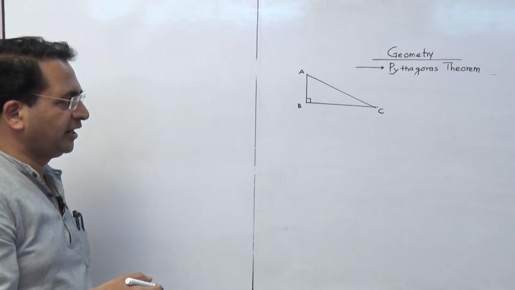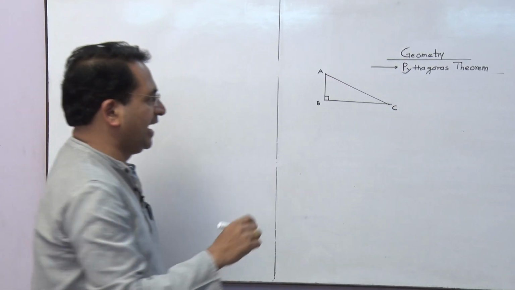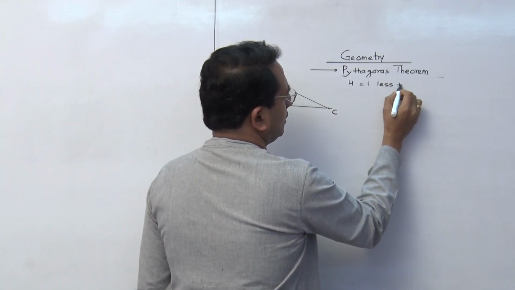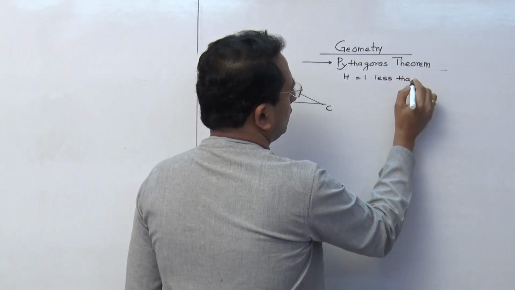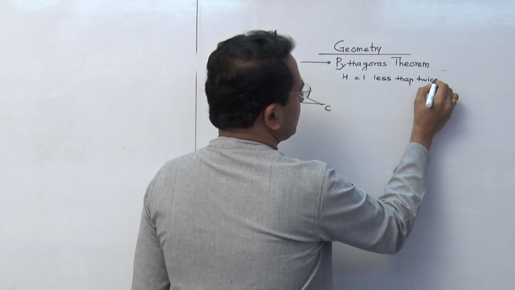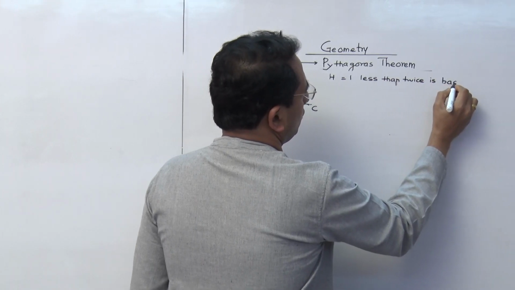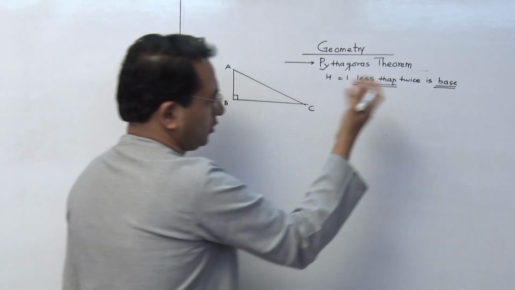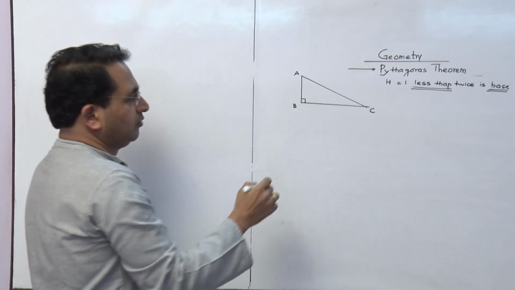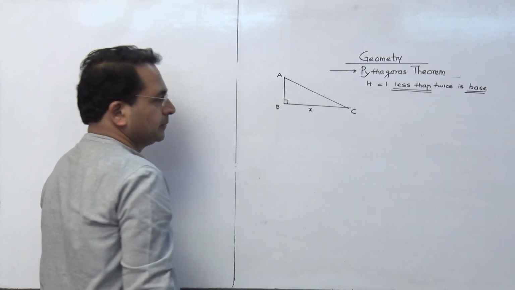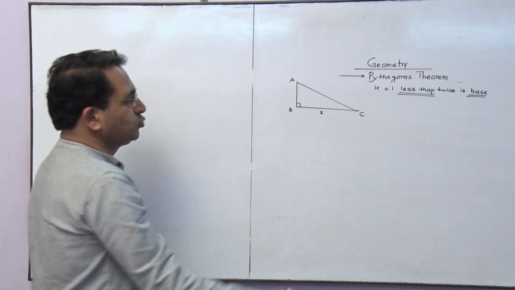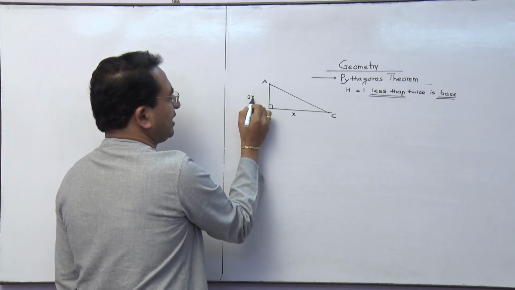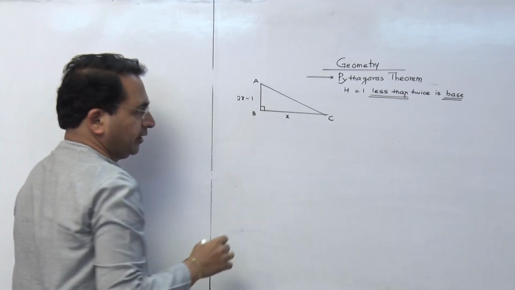the height of a right angle triangle is 1 less than twice its base. So whatever is coming after less than, greater than, that we assume normally. This is what we have learnt in quadratic equation. So I am considering this base as x. Now height is 1 less than twice its base. So I write 2x minus 1. This is the height of the right angle triangle.